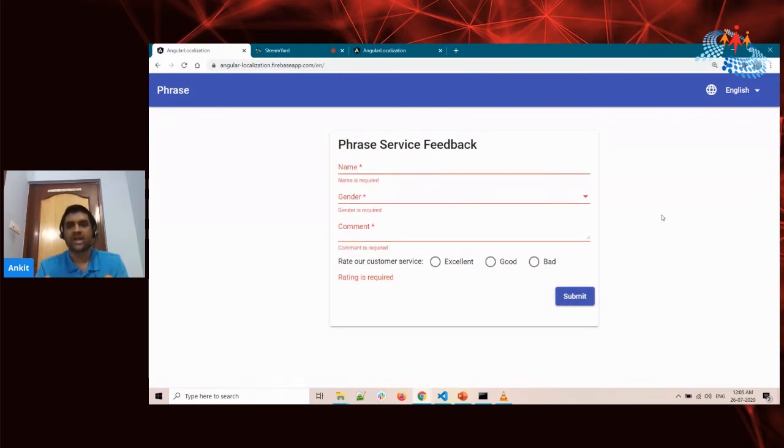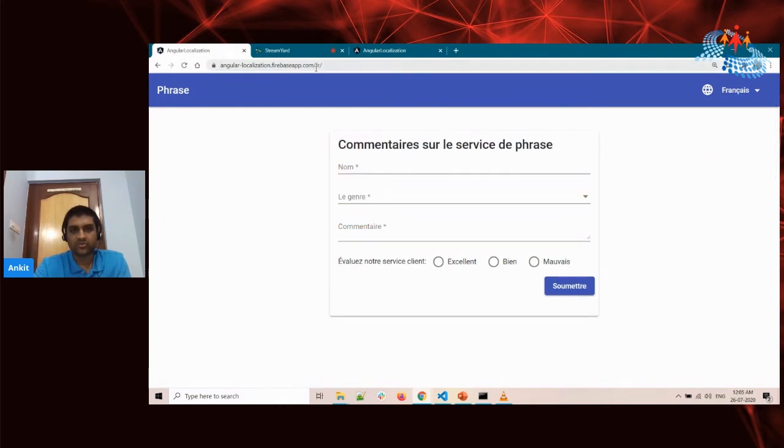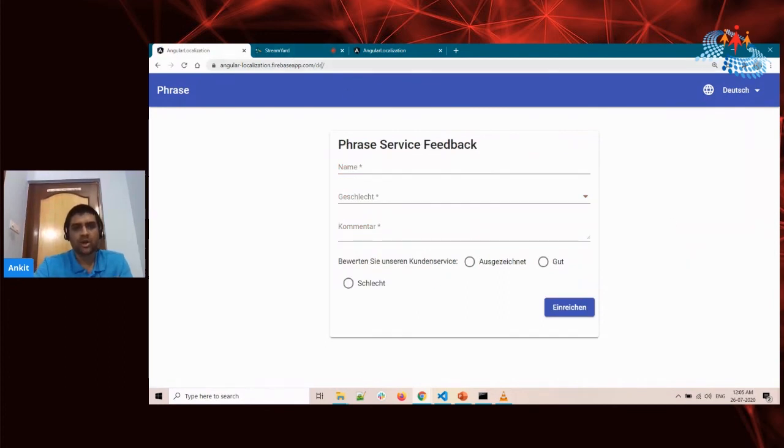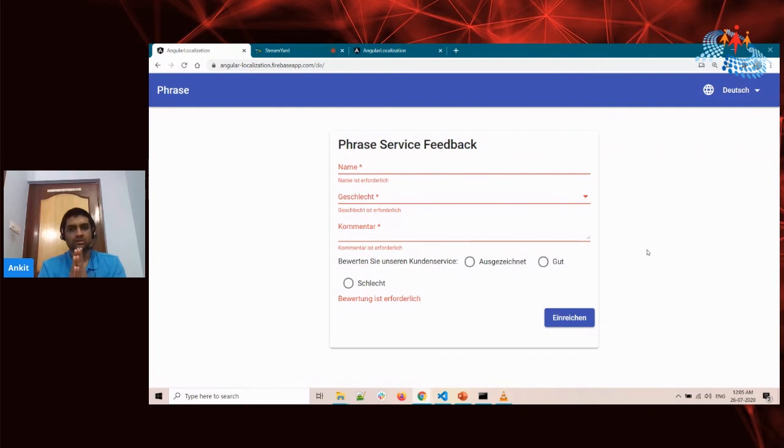Now at this point of time, this drop down comes into effect. As soon as I click on French, the URL will change to French, the app will reload, and everything will be translated to French. This is only possible in the production environment, not in the local environment. Similarly, go for German, and here the locale will change to DE, and all the text is translated to German. And here you can see that this text is translated at runtime.